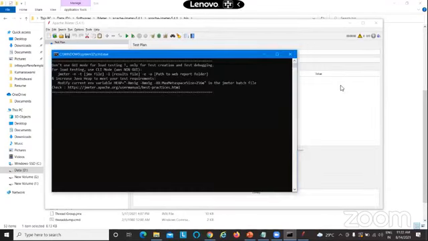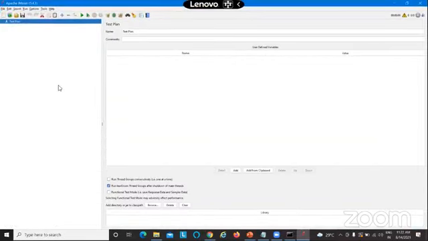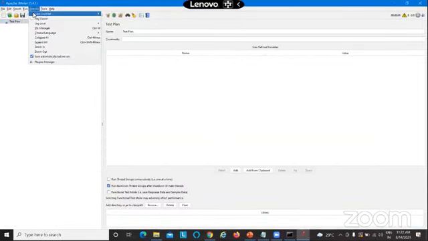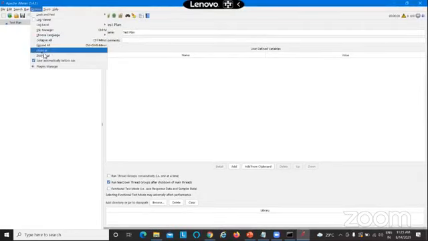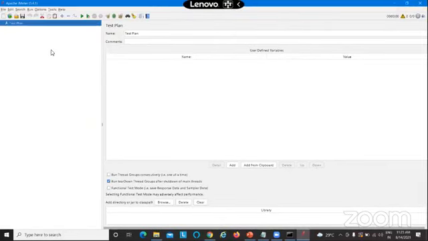So it has a UI, so you can operate JMeter from the UI, but also you can operate JMeter from the command prompt itself. Maybe I can show you at the end of the session how to handle JMeter through command prompt. Okay, so let me zoom in. Fine, perfect. So now let's go to the JMeter tool.